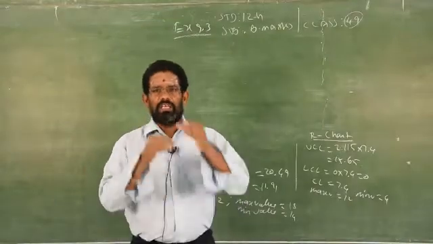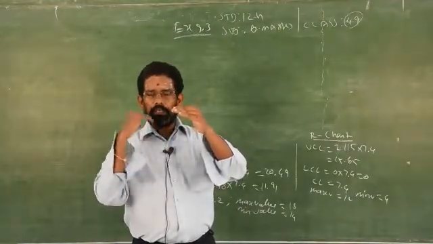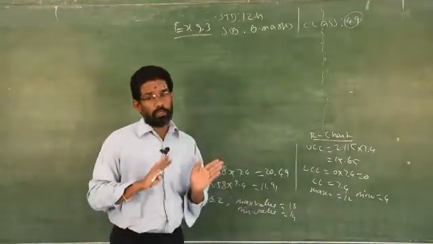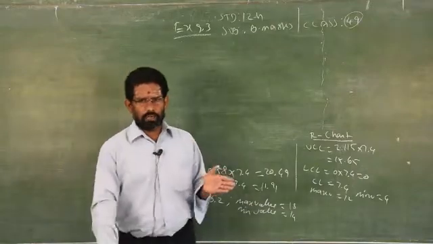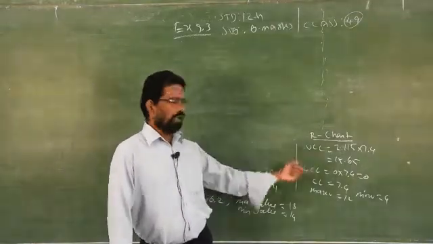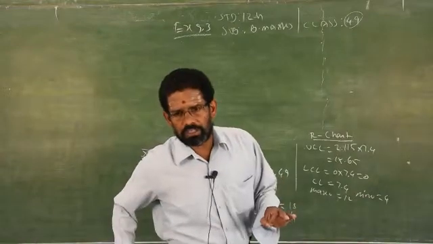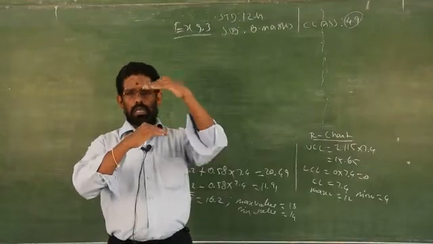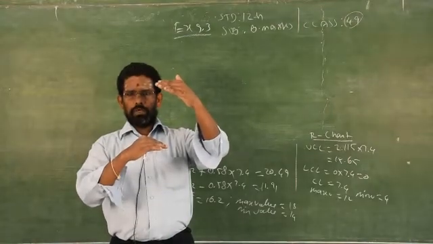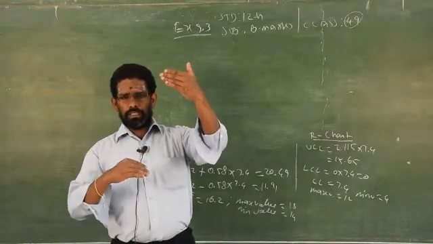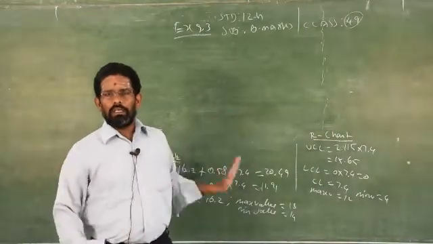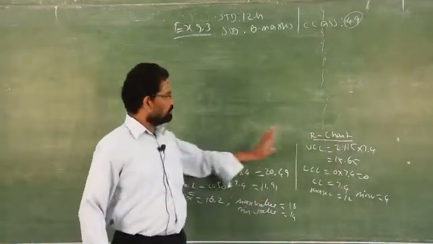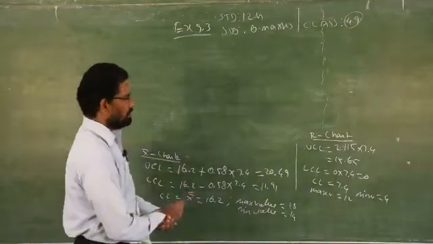In both the charts, the samples should lie between the LCL and UCL, X bar chart as well as R chart. If in any one chart, any sample is outside, either X bar chart or R chart, you have to write the process is not in control. All the samples should lie between the two limits, upper control and lower control. If any one sample is above UCL or below LCL, then the process is not in control. Both the charts should be satisfied, then you can write it is in control, otherwise it is not in control.